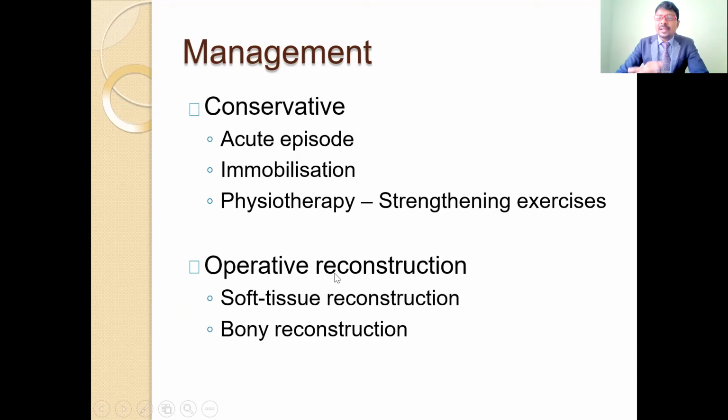So soft tissue reconstruction or bony reconstruction depends upon the lesion and the causative factors. If we treat surgically, we can minimize the complications, prevent complications, and improve all the functions of the shoulder. So that is about recurrent dislocations and their management. These are the anterior, posterior, inferior and recurrent dislocations. The main thing is that it depends upon the causative factors. We have to give the correct treatment, so we can improve the strength of the shoulder joint and prevent shoulder subluxations and dislocations. So that's about shoulder dislocations.